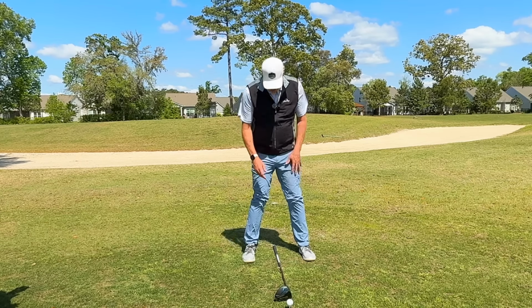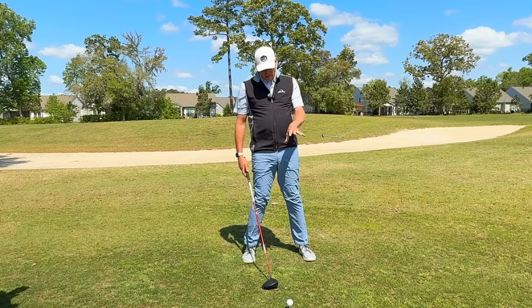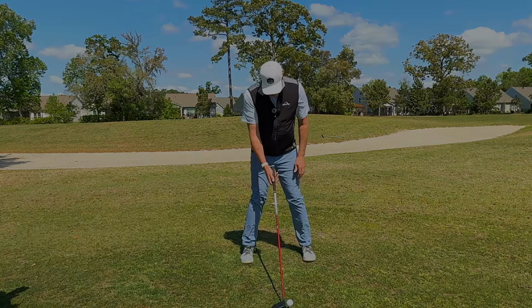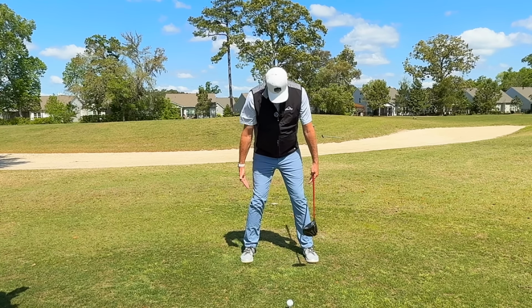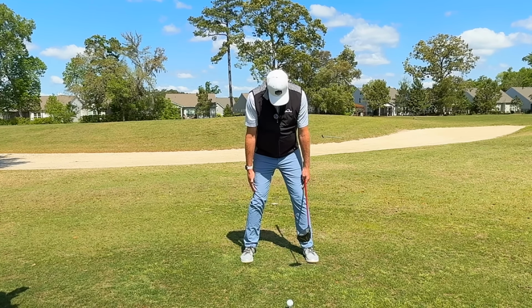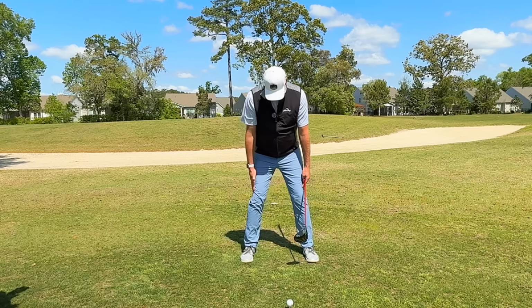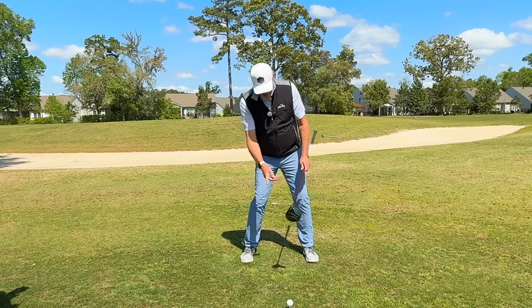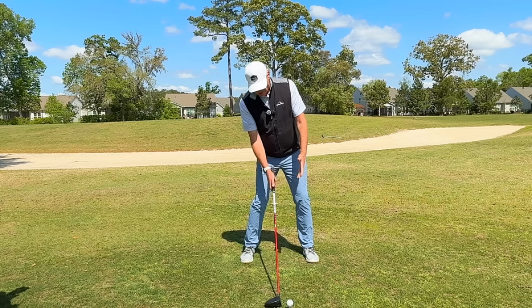Right in the center of your stance, as a drill, okay, just as a drill. Make sure that you have a little bit of tilt as you're doing this. So you see my hands, my fingertips are in the same position on my leg. We're going to raise the left fingers and we're going to lower the right a little bit, and that's going to get my head kind of on the back of the golf ball. Can you see that? So even though the ball's in the middle, I'm going to tilt myself a little bit